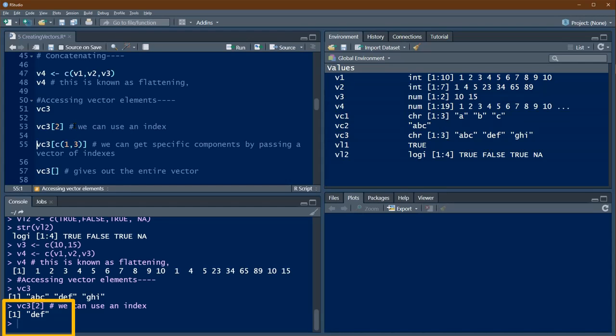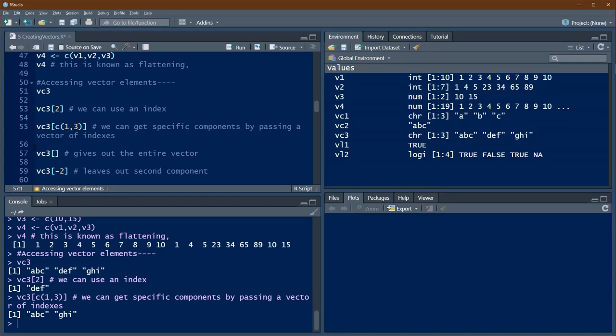We got the second element, but we have got a 1 here. This only says that the result is again given in the form of a vector, and that vector has only 1 value. So you have to understand this clearly. Now for VC3, we are going to get 2 elements, the first and third element. So the first and third element have to be given in the form of a vector, C of 1, 3. That is going to give you a vector of 1 and 3, and that is the index, and that index is passed to VC3. So now we are going to get